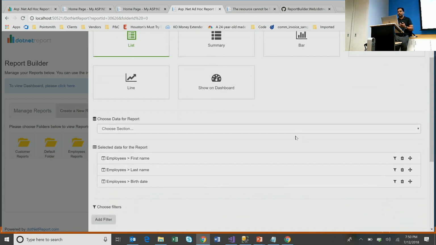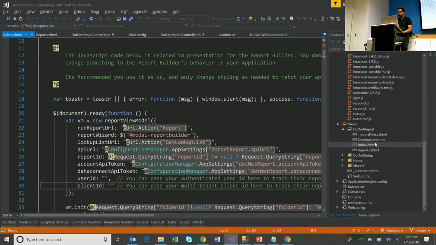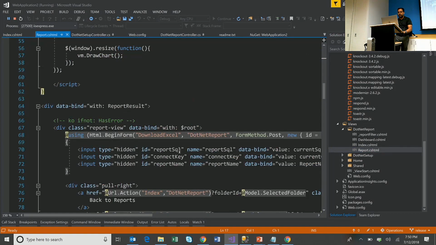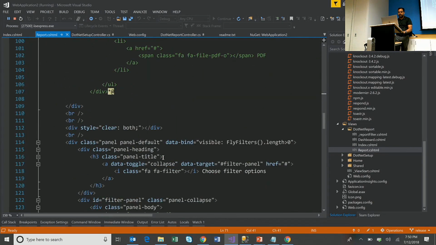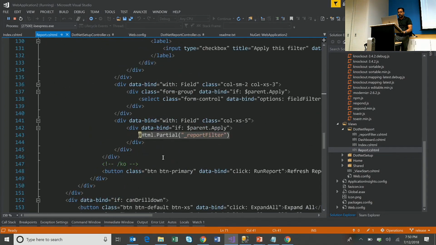Another thing is how the report formatting is done. If you want to create an invoicing report, a report that creates an invoice, all you would have to do is take the front end view where it runs the report and it goes through each of the